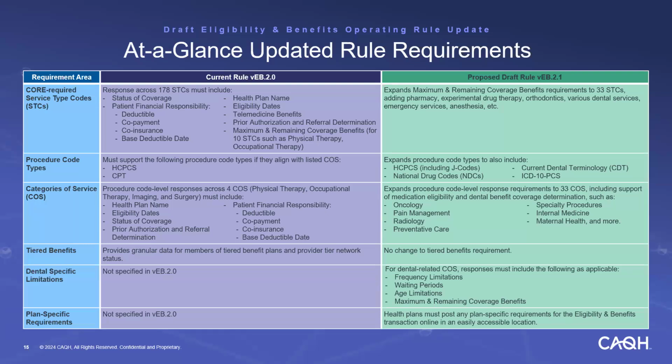We're not changing that. Nobody's asked that we change that in version 2.1 of the rule. That requirement stays the same. Below this, the new dental requirements are only for inquiries at the procedure code level that align with dental related categories of service. So if a dental procedure code, any of the procedure codes in the second row there, is received in an inquiry, a health plan must respond with the core required information and